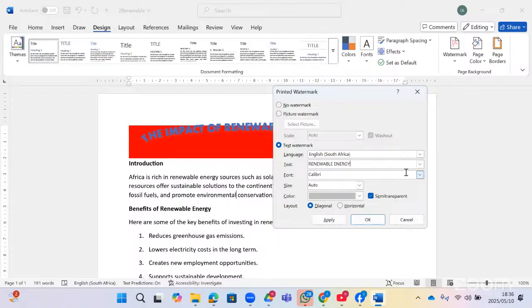And then the font should be Algerian. You can choose the font from here, or you type. And then the size should be 72. Check if there's no 72, you type the number here. So here there's 72. They can also ask you to choose the color of the